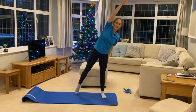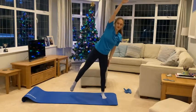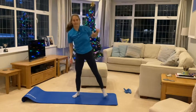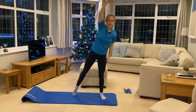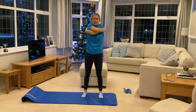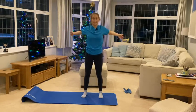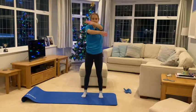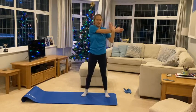Going for a few of these stretches. Last 2. And then back to the centre, just opening up your chest, swinging across, opening and swing. One more. Okay, and then moving into some stretches, taking one arm across your body, just pulling that arm towards you,